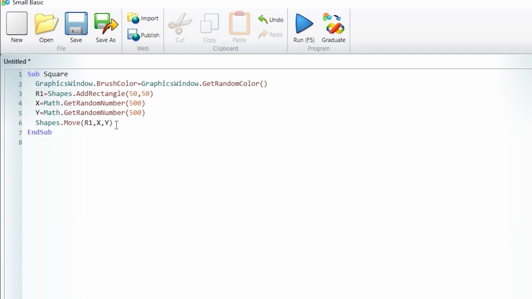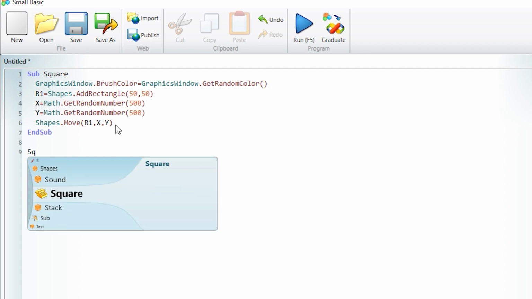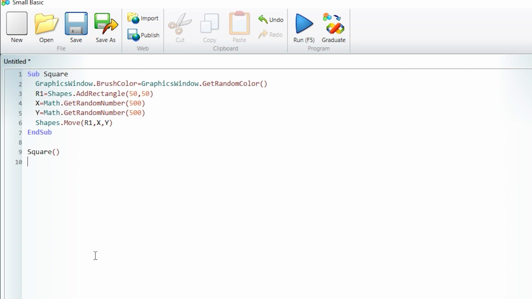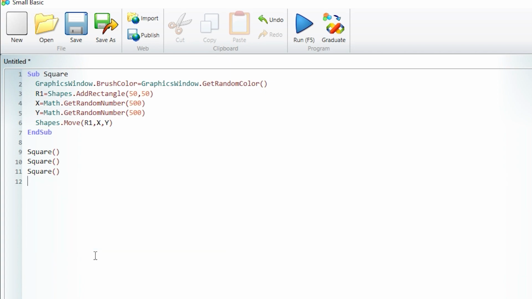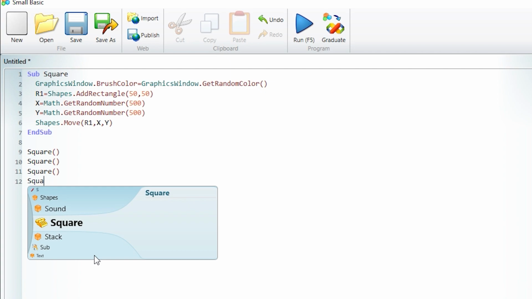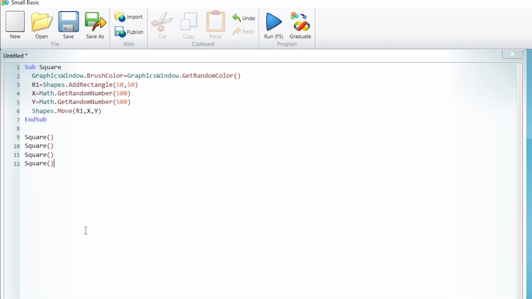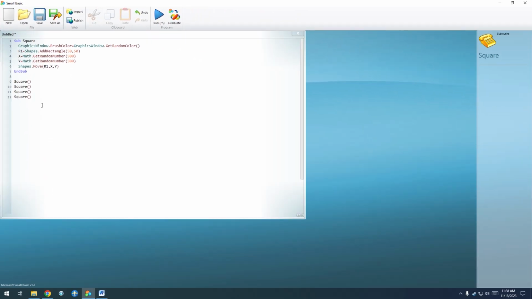Now, because we have to call this subroutine 4 times, we'll just type square, and there you go. You can auto-complete it just by pressing enter. And that's the advantage of using subroutines. You don't have to copy and paste these lines of code over and over again. You can write the code once and call the subroutine as many times as you want. That's the major advantage of using a subroutine. Okay, and if I run this,